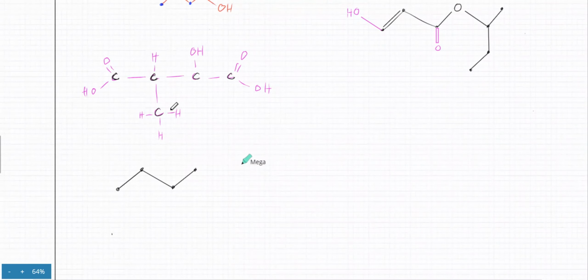Now my point is over here. This is my second carbon atom, so I'm just going to make it upwards. That's the one that's branching out. So I've drawn the backbone, I've drawn the carbon structure of the molecule. Now I'm going to add in the functional groups, and on the first carbon atom there's a carboxylic acid. So add the carboxylic acid.